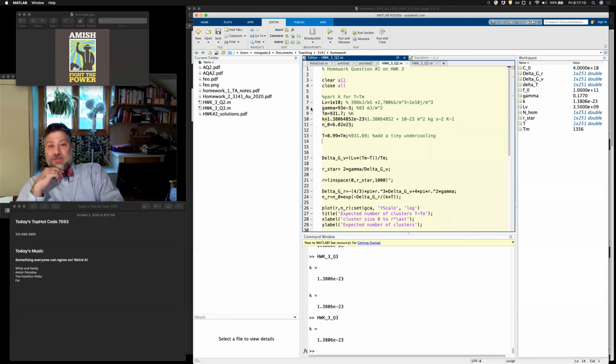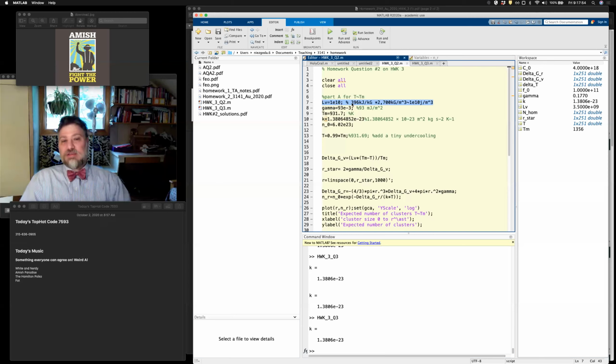The thing you have to keep in mind, and this is going to screw you up if you don't catch it, is if you look at the equation in your book, or in the reading and in the notes, the equation for delta GV, this is equation 4.3 in your reading, you have to remember this is L sub V. So this is the latent heat of fusion per unit volume, not per unit mole. And so if you plug in per unit mole, you have something that's on the order of 4 times 10 to the 4th,